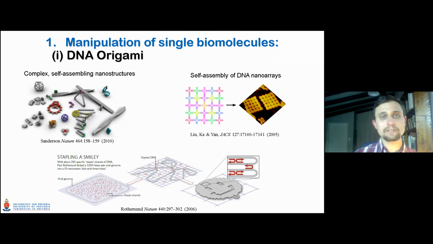So in the first set of selected experimental methods, I'm going to show a few methods which I find pretty cool, which you can use to manipulate single biomolecules. The first one is called DNA origami, and they are basically molecular breadboards. So you can use DNA as a building material to build basically any type of form or any type of structure. So here are many different types of structures that are all made from a single strand of DNA.